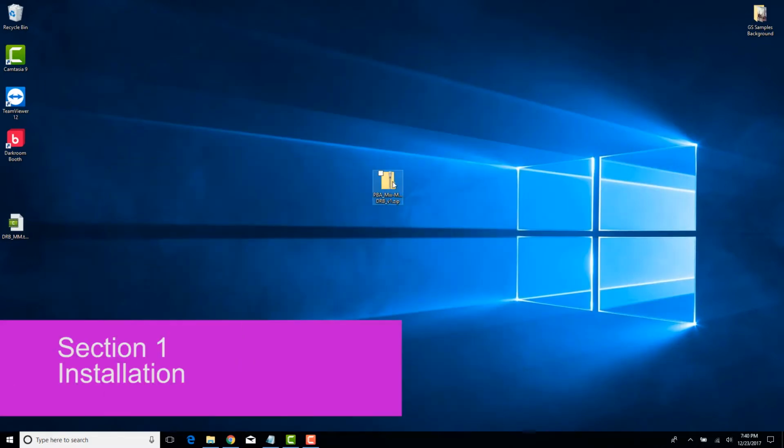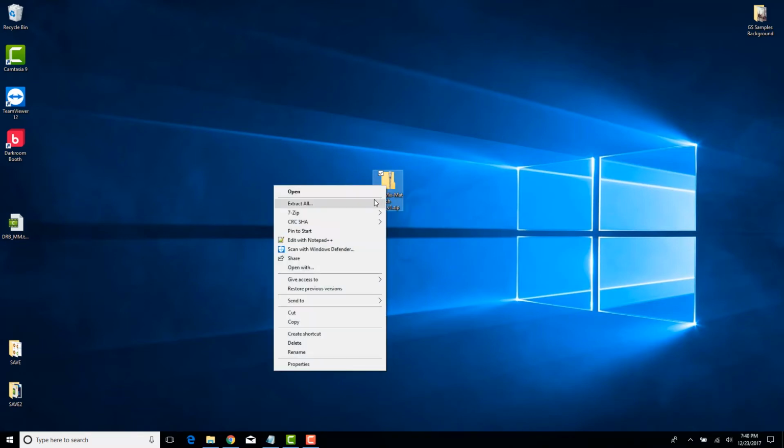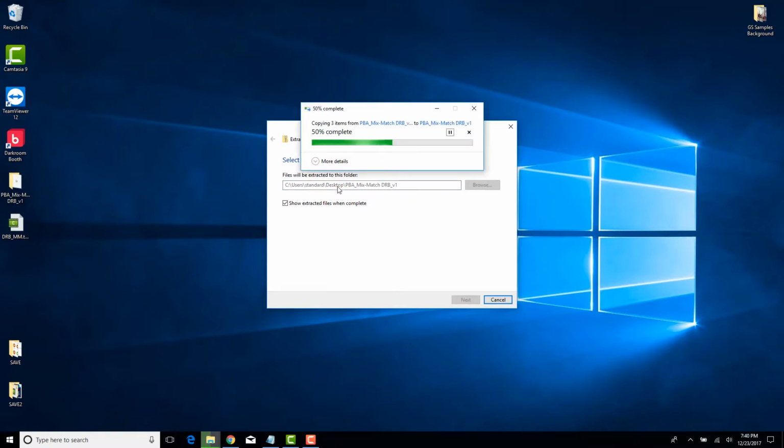Now for the installation, after you purchase and download the file from our website, you will receive something like this, which is a compressed file. So go ahead and unzip that file by right-clicking and then extract, and save it where you can remember how to get to it, and then click extract. In this case, I'm saving it on my desktop. So it creates a folder on my desktop with the same file name,